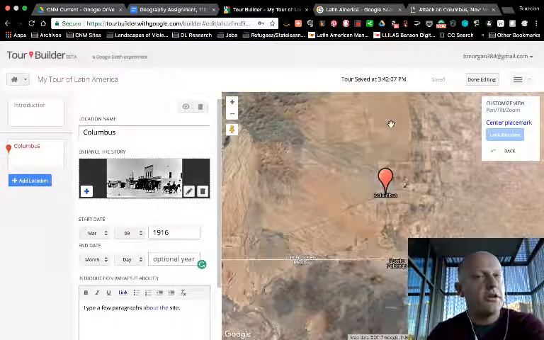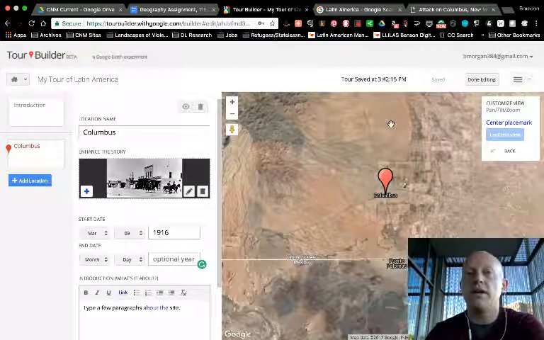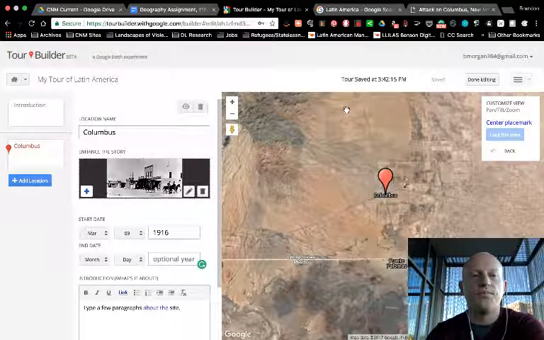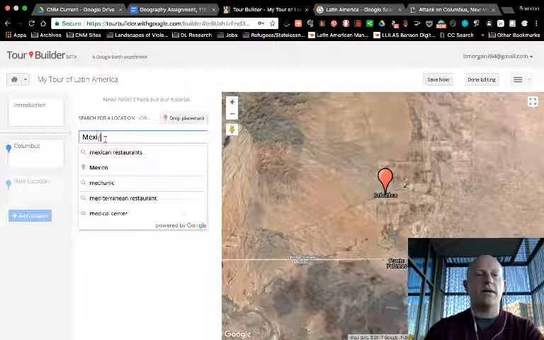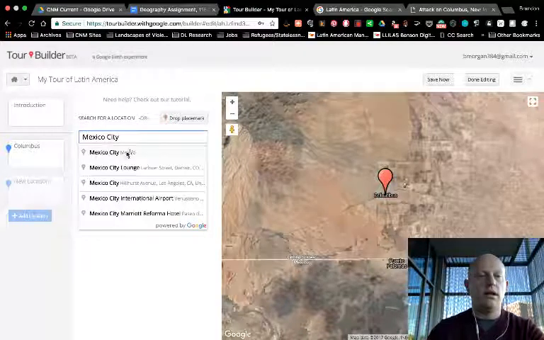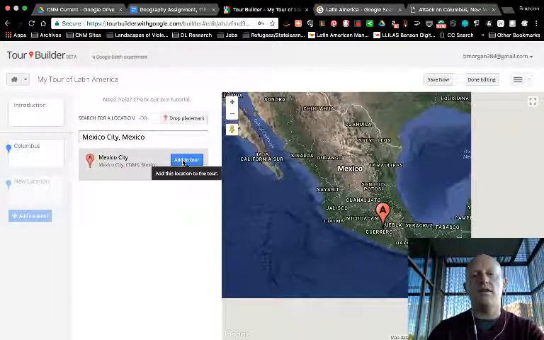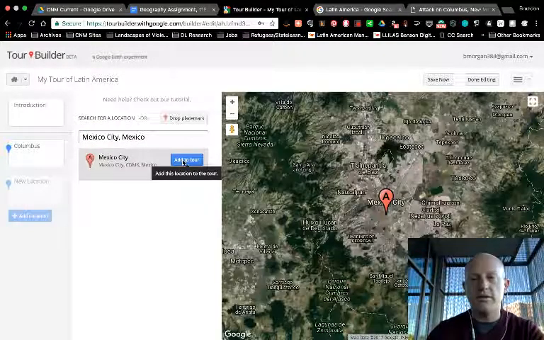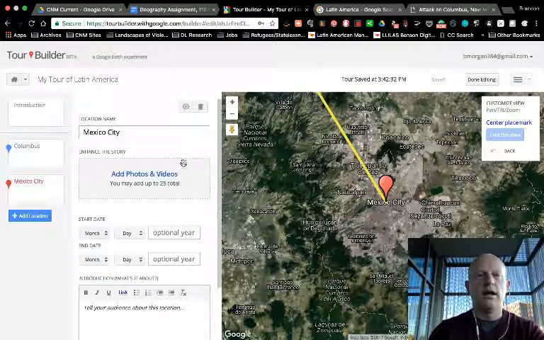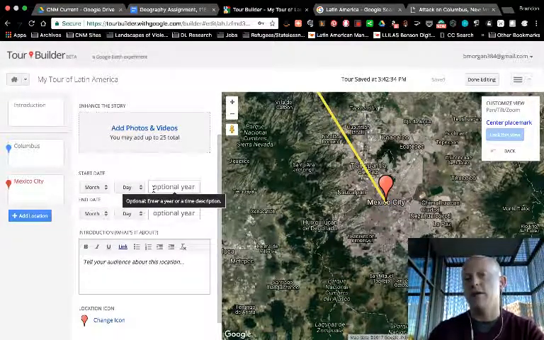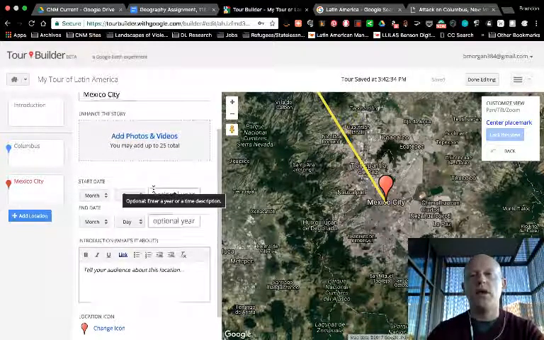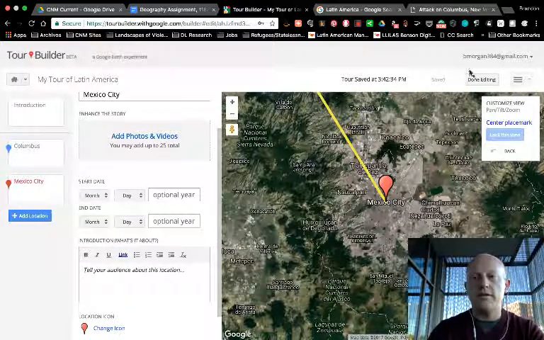And of course, we've only partially built out this tour, but this is just showing you again how to use Tour Builder. When you're done with that location, you want to add another. Click here. Say we want to go next to Mexico City. You just click that, do the same thing that we did when we chose Columbus, add it to the tour, and then you will do the same steps to add your information, your photos, and so on. When you're all done with all of this, you click Done Editing,